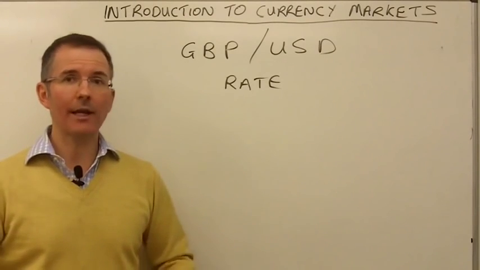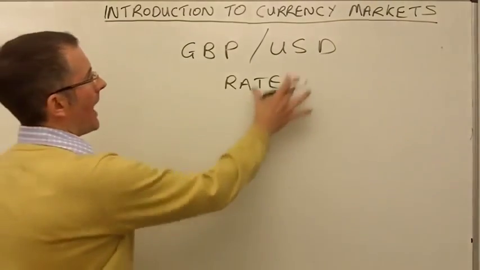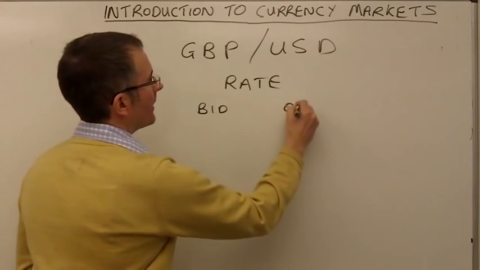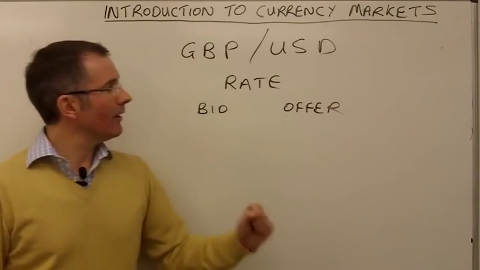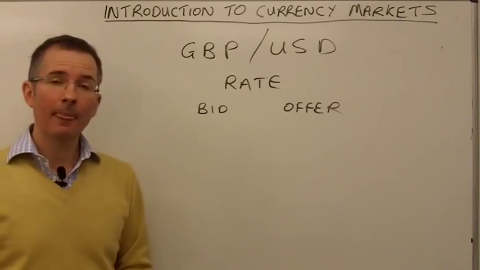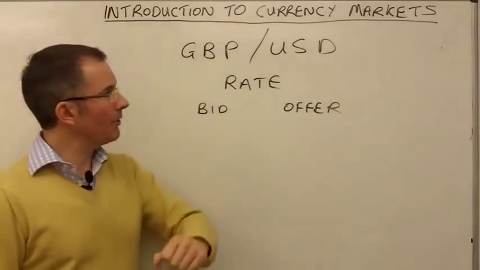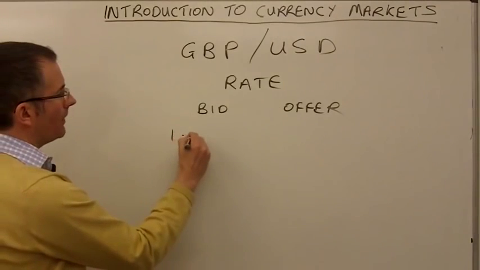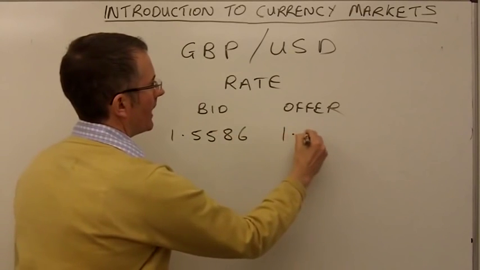Currency markets, not surprisingly, use the same principle across the board. So when you're buying and selling currencies, be aware that the rate will be split into two. There'll be a bid rate and there'll be an offer rate. So what this comes down to is you need to think, am I trying to basically buy the currency in question or sell it? Or am I betting on sterling appreciating or depreciating? So let's put a rate in. So for example, maybe we've got a bid rate of 15586 and an offer rate of